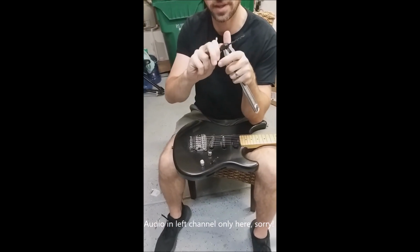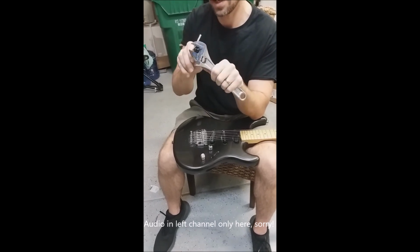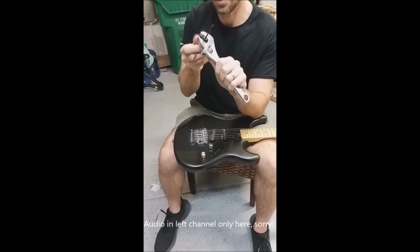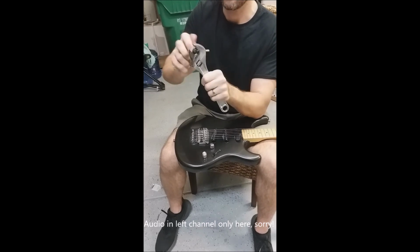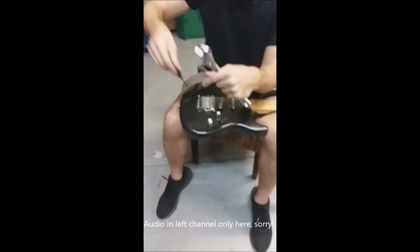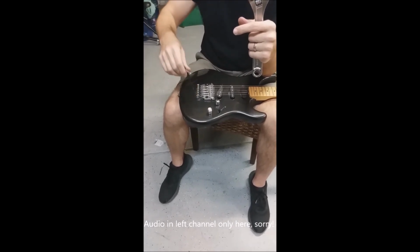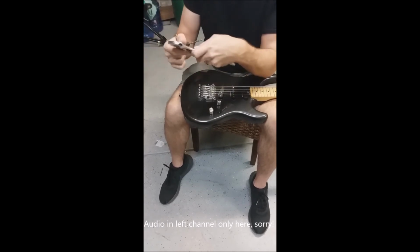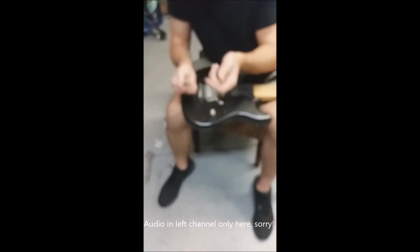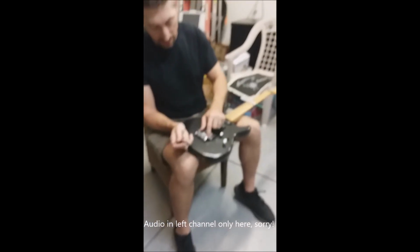You basically want to use one of these, and you want to get it on there really tight. And when I say really tight, I mean like muscle it. Drill out the old, using your pilot holes, since you already have holes there, you drill out the old teeth. What I did is, I'm doing it with the strings on. I just loosened the string I wanted to work on. Once I loosened the string, I could easily...